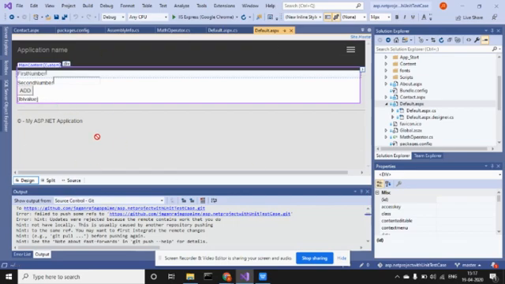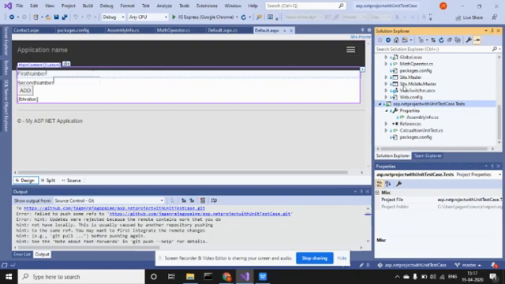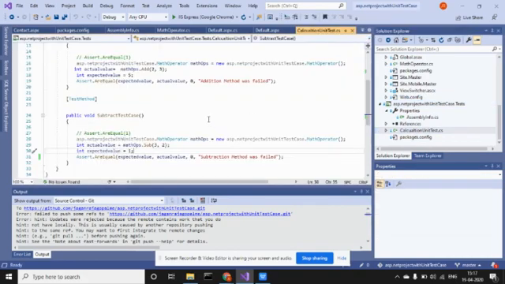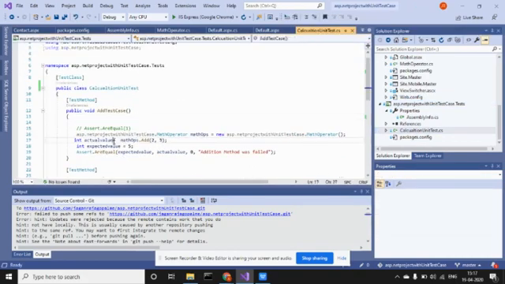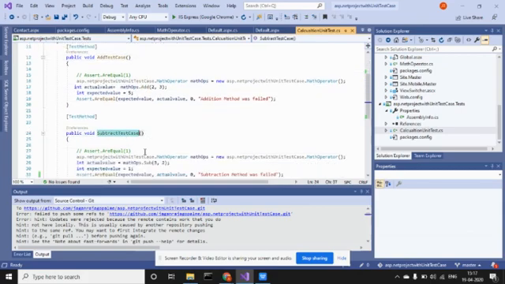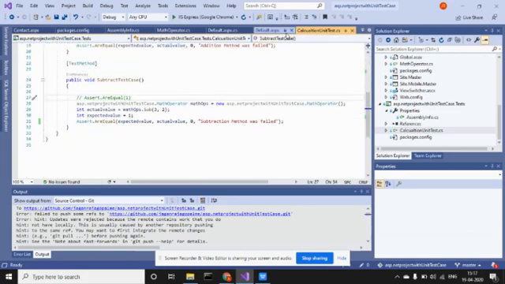I want to show how I'm going to deploy, and I wrote some unit test cases for this. So this is my test cases. After building, I will trigger my test cases. What I've done is I'm just testing my methods. This is my add method, and this is my subtract method. Okay, so let me go to this project.